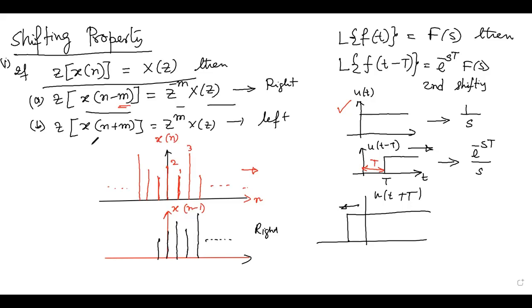Similarly, if we shift it by m samples to the left, the sample value at the origin will shift to the minus 1 location, the x of minus 1 will shift to the x of minus 2 location, and so on. Have I been able to explain? So this is for the both-sided signal. You can easily prove it. Should I do the proof? Let me show it. We know the Z transform of x[n minus m].